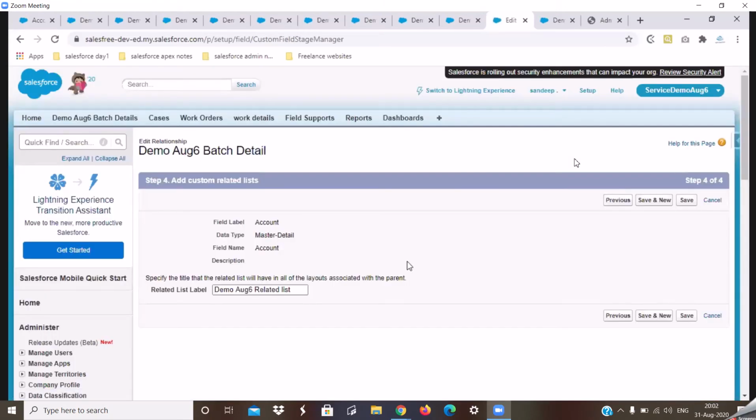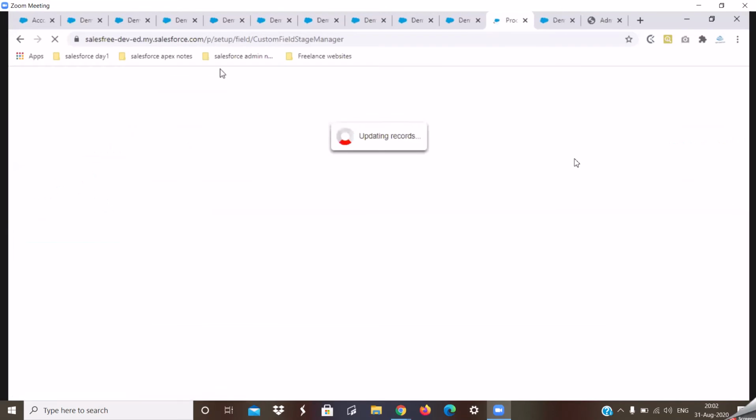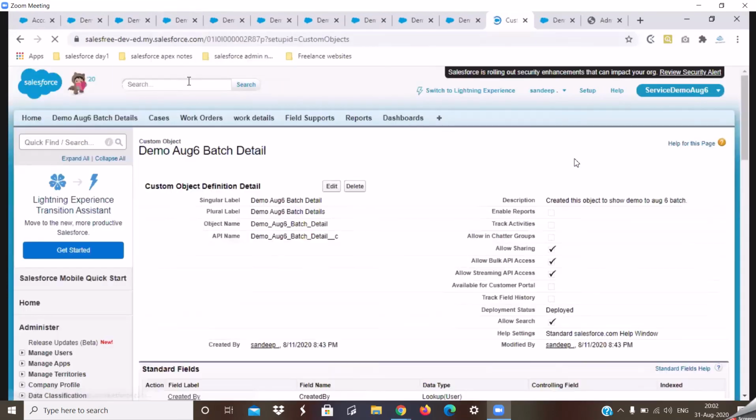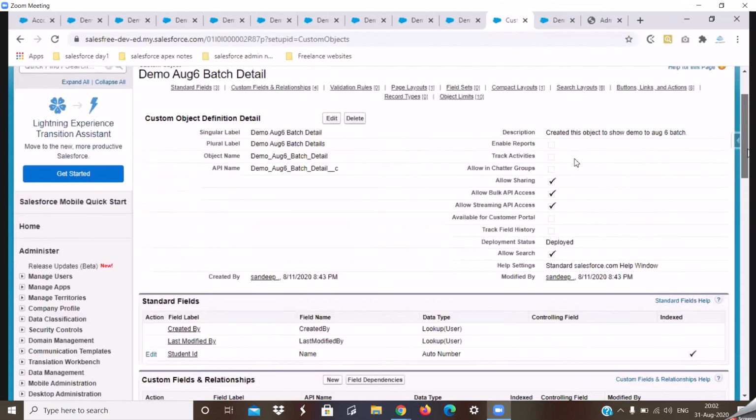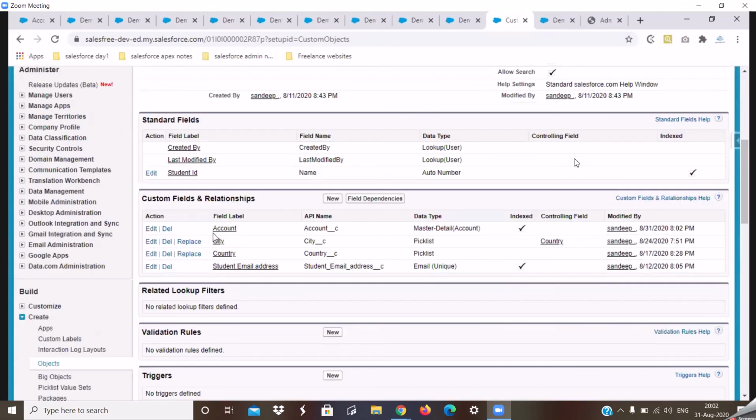And last but not the least, this is the name of the related list that comes up on your account. I'm happy with this name. I'll click on save. If the process that I've done so far, updating the values, is done properly, I'll not get any errors once I click on save. If all the child records are updated with the parent, I'll not get any error. The system would save those changes.